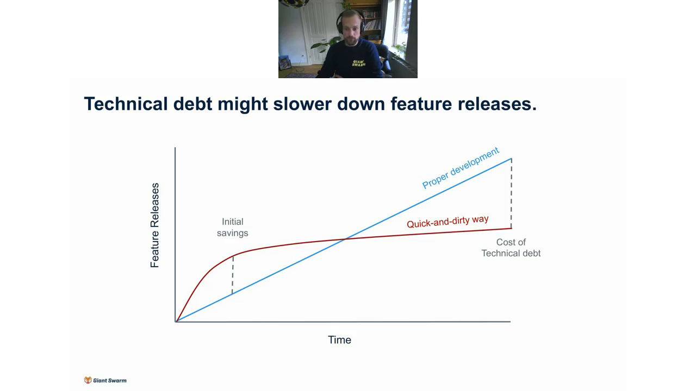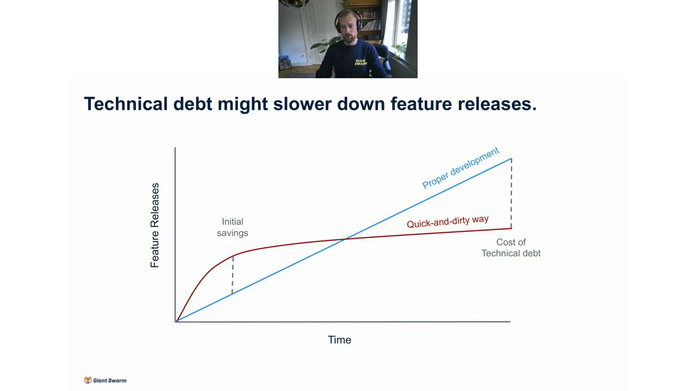And yeah, the last one is technical debt might be slowing you down, slowing down your feature releases. So when you're starting or setting up your platform, the demand might be that high that you try to save time by setting up a platform with technical debt. Technical debt itself is not the problem because